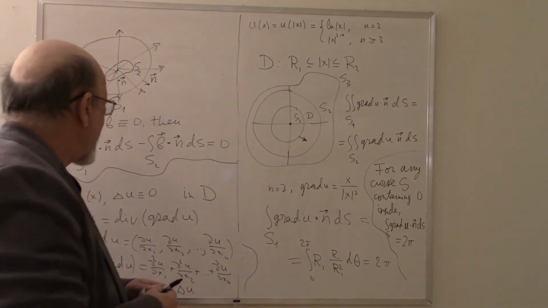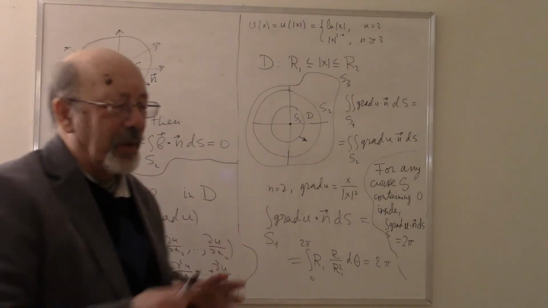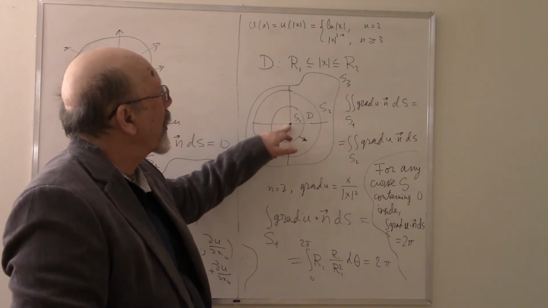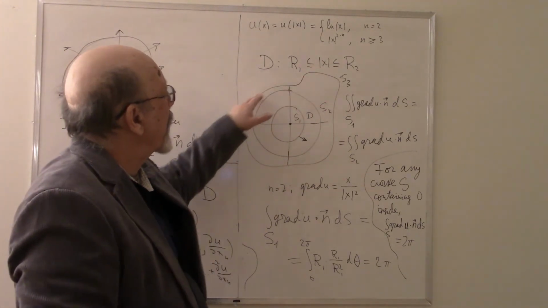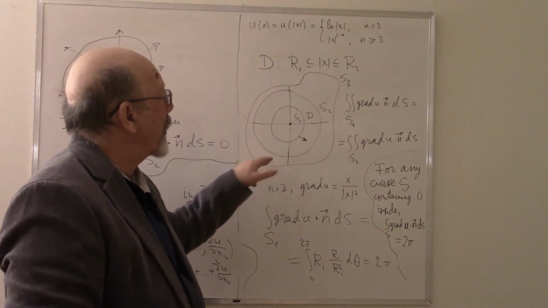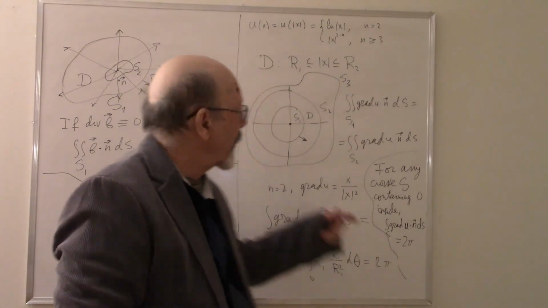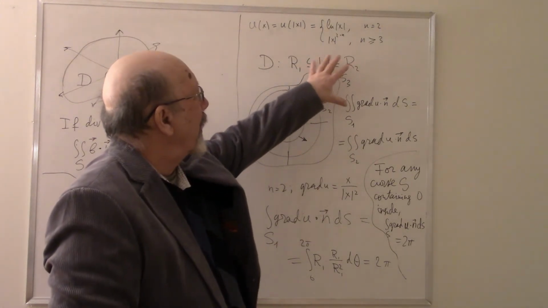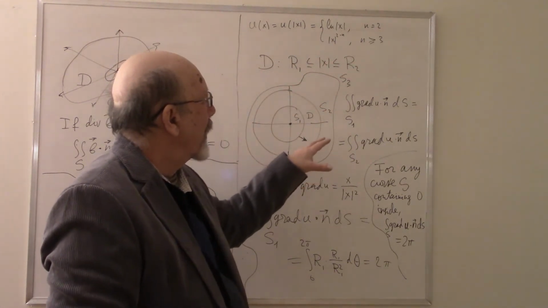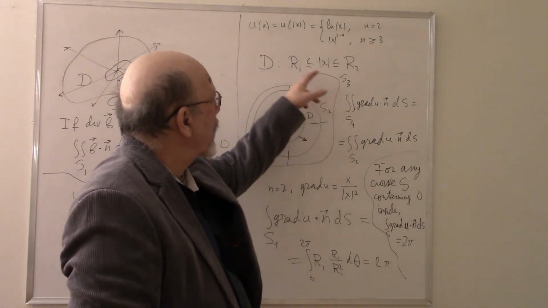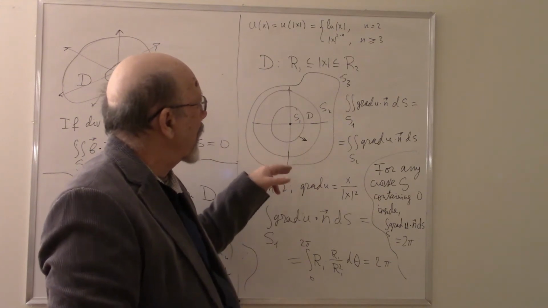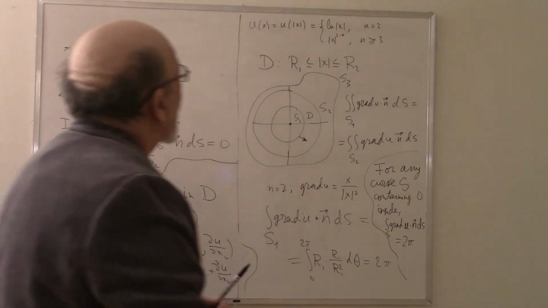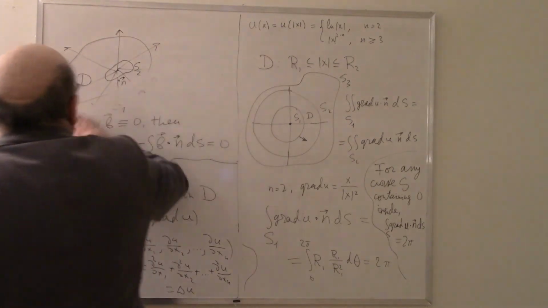Again, it is interpreted in terms of flowing fluid: if you have a source of fluid at the origin, then the flux of the fluid through any closed curve is equal to the productivity of this source. The amount of fluid which exits from inside this curve equals the amount of fluid which enters through this source. Now, similarly, if you are in n-dimensional space,